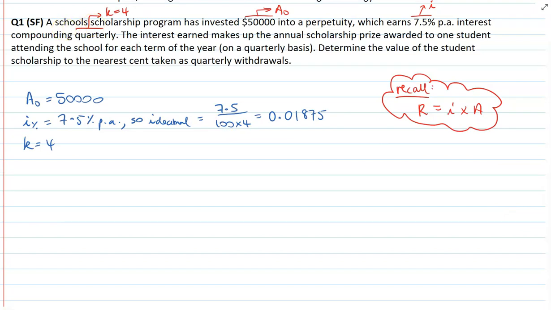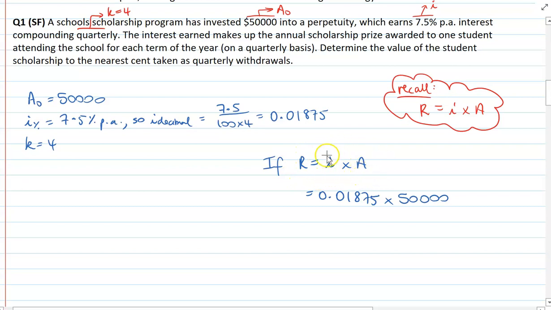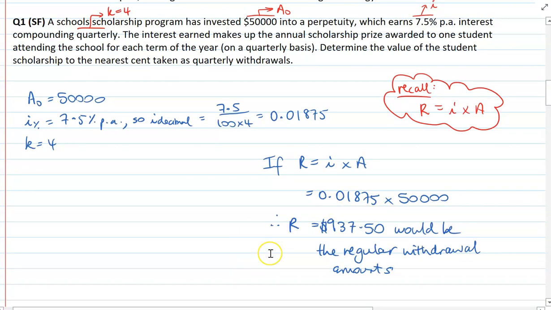Okay, the first thing I'll do is always highlight the important information within the question just by annotating. So our 50,000 is our balance that we're drawing the perpetuity from. We've got 7.5% interest compounding quarterly, so our K value is 4. I would always write down my facts down the side before I progress with the question. Remember that we need to convert our interest rate to the interest decimal rate. So that's just taking the interest rate and dividing it by 100 by 4 compounding periods per year, which gives us 0.01875. Now recall the formula for a perpetuity amount is simply the decimal interest rate times the balance of the investment. So if I just simply pop my known values into my formula and evaluate, that gives me regular withdrawal perpetuity amounts of